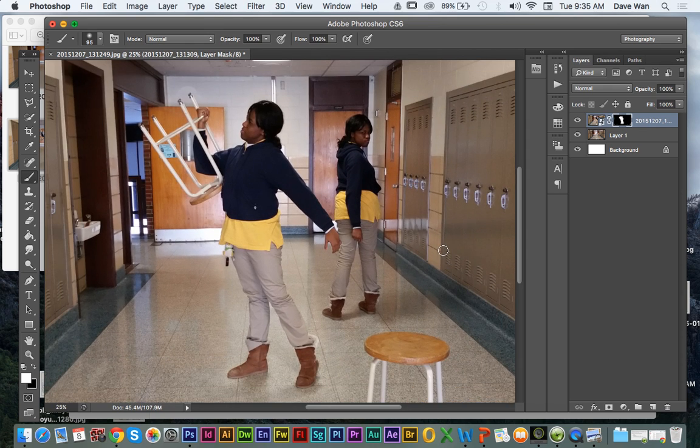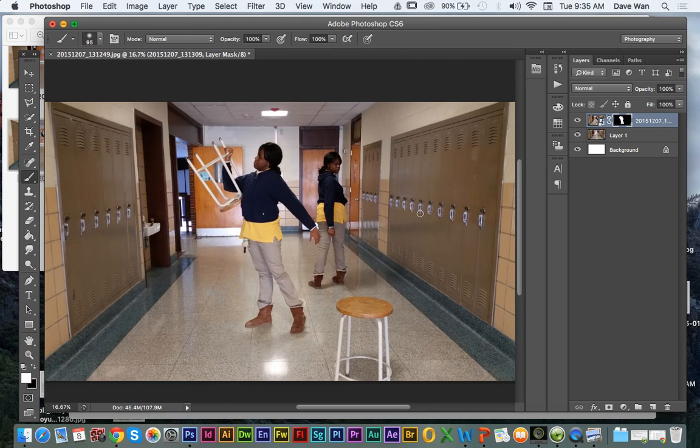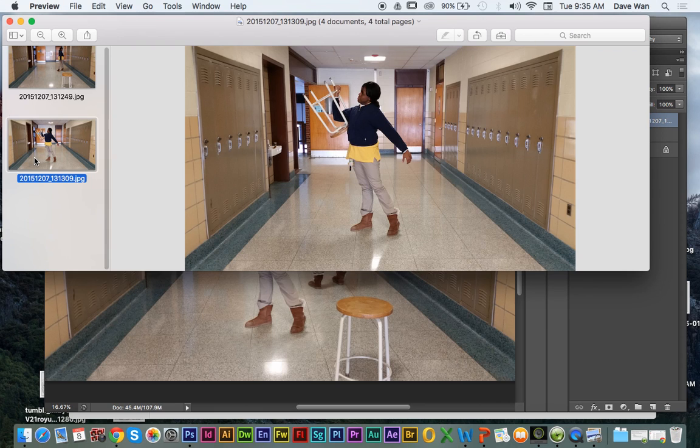Alright, so I think this is pretty good. Down here I could fix that a little bit more. You just want to look for areas where you can clean it up a little bit. What I'm doing right now is helping to blend the two pictures together to make it look believable. Alright, but after you're done with that, then you would upload your third image,